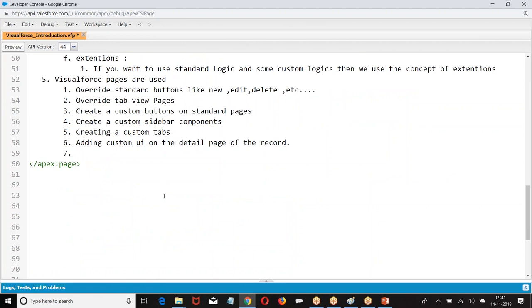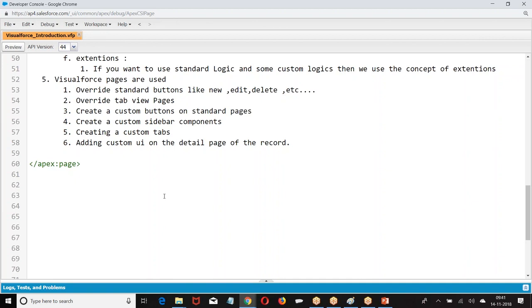These are some of the functionalities I have given. Visual Force pages are used to override standard buttons, override tab view, create a custom buttons on standard pages, create a custom sidebar components, creating a custom tabs, adding a custom UI to the detail page of the record, and so on. These are some of the use cases where we are going to use the Visual Force.